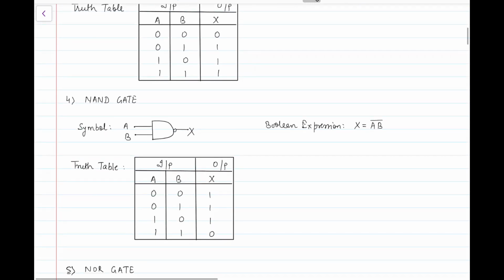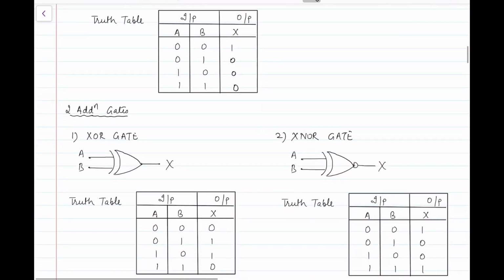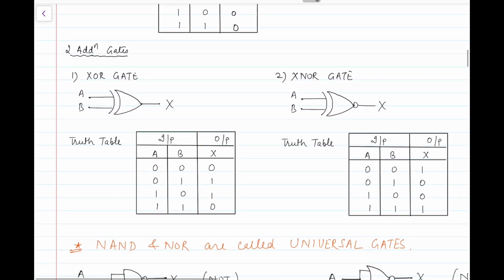The NAND gate, you can say, is the AND gate with an inverter put in front of the output of the AND gate, so it is the reverse of the AND gate. Its output X is AB for the AND gate, AB whole bar will give you the NAND gate. Similarly the NOR one is the inverter of OR. That all you know. These two gates you can also remember, though they are exactly not in the syllabus, but they